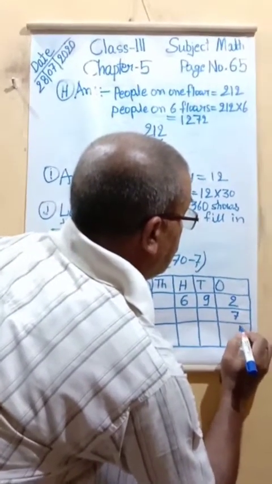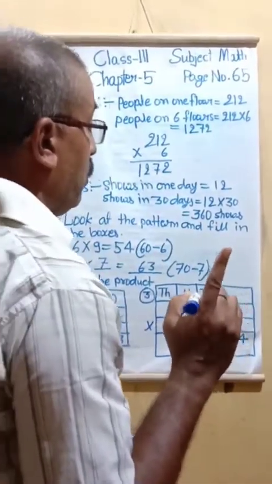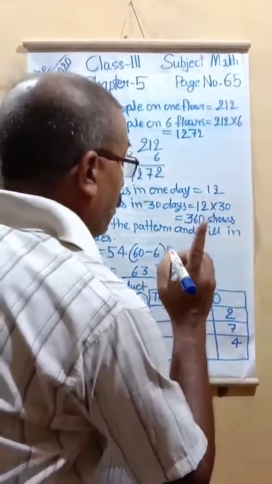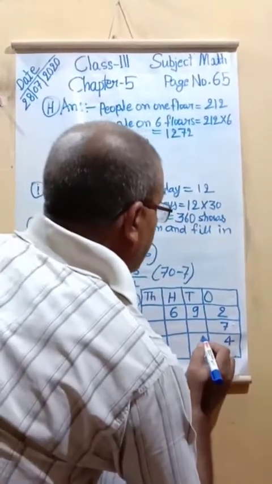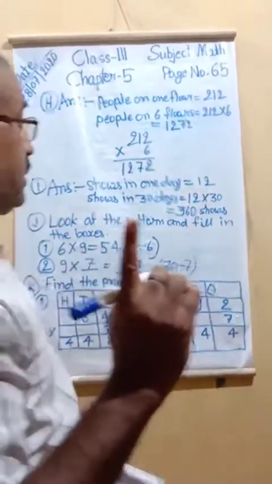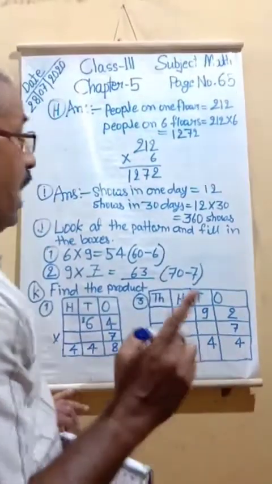Write here 4 carry 1. 9 7 ja 63. 1, 64. We will write here 4 carry 6. 6 7 ja 42 and 6,